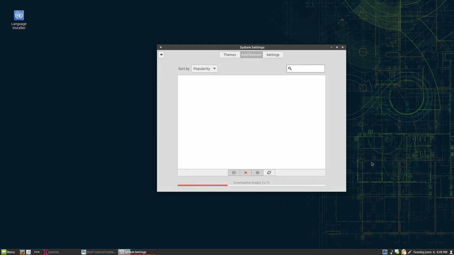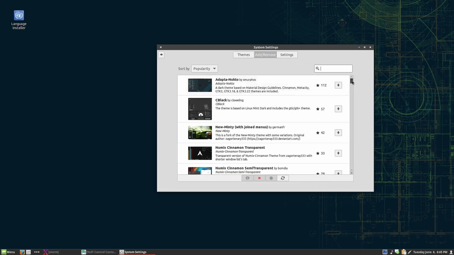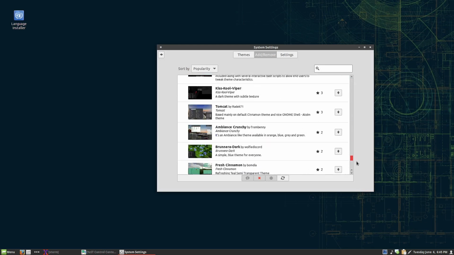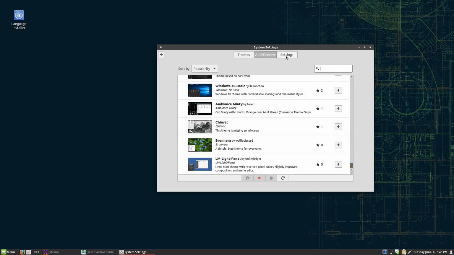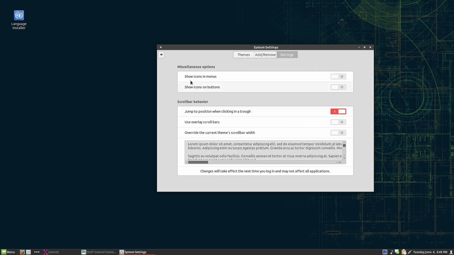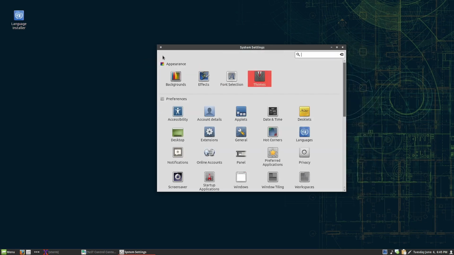You can add and remove themes. So all the typical Cinnamon themes are available. You can see it here. And you can configure those themes as per your choice. And these are some miscellaneous options, scroll bar behavior that you can configure. The accessibility settings are there, account details is there, applets,